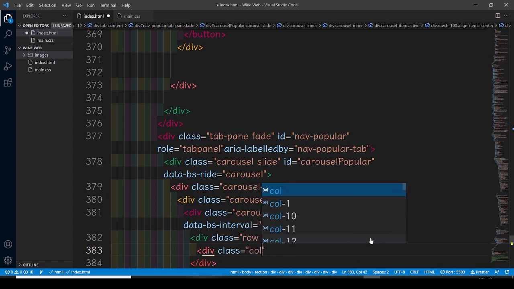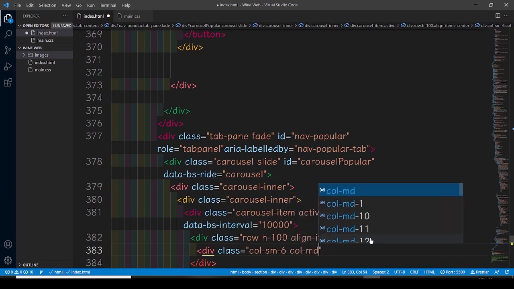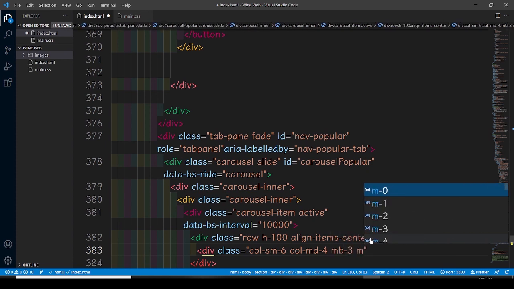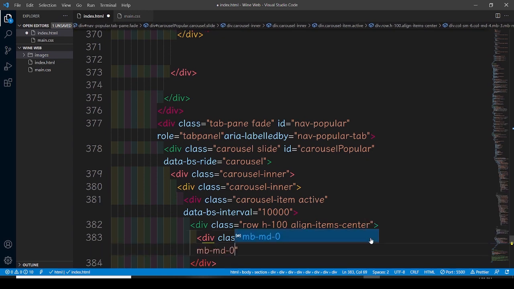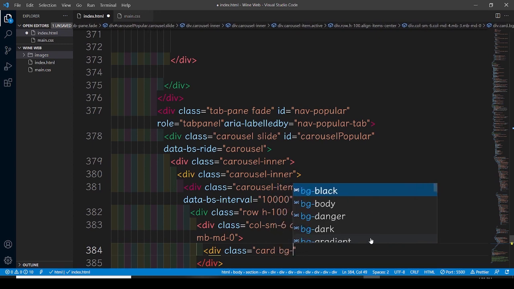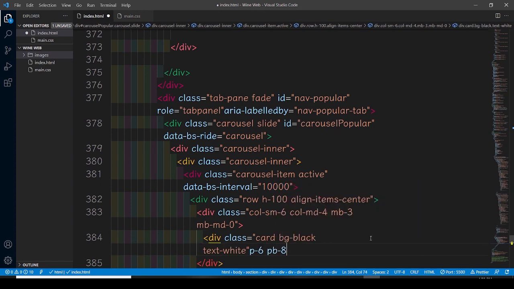class column sm6, then col md4 and mb3, then mb md0. Okay, and then again another div, assigning it a class card bg black, and text gonna be white, p6 pb8, p6 pb8,